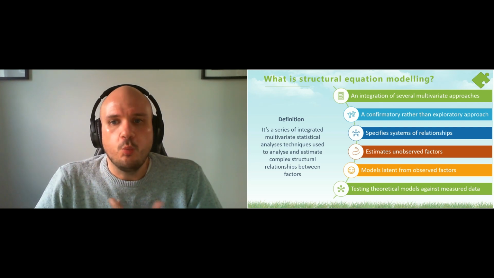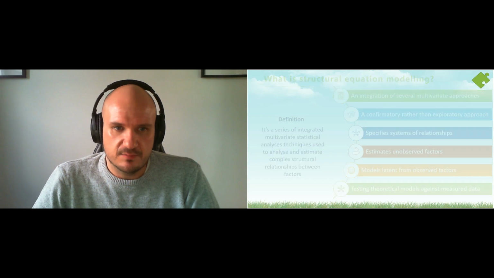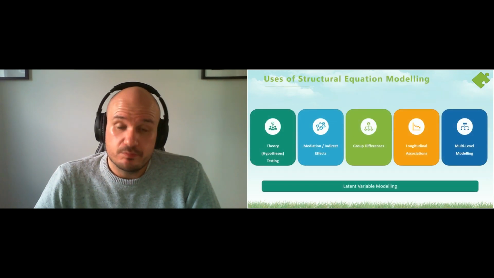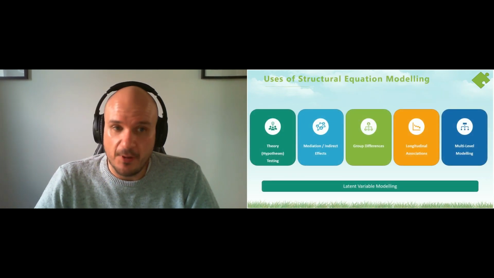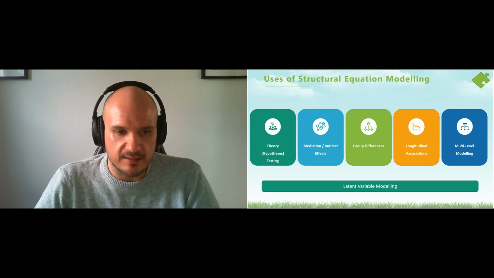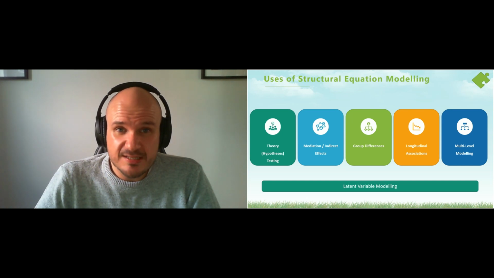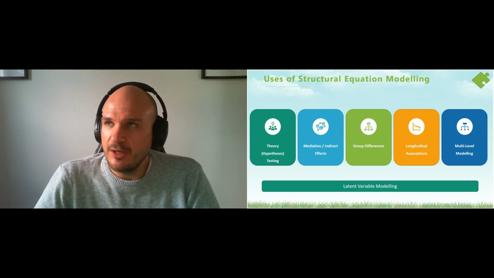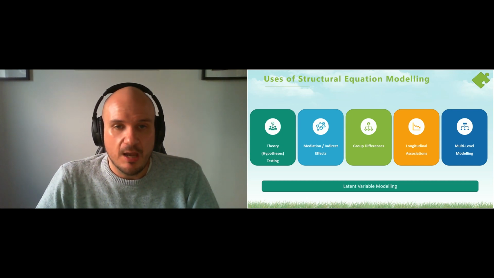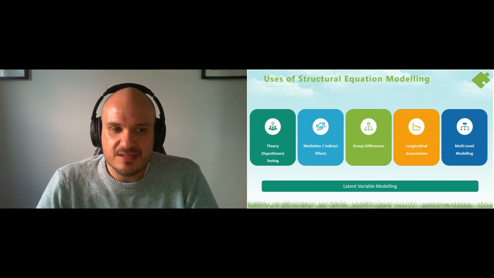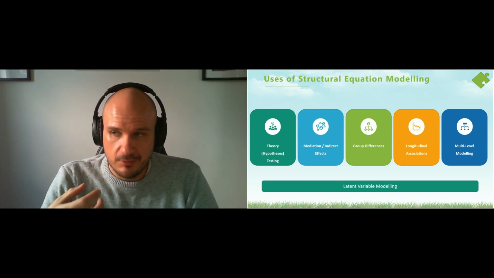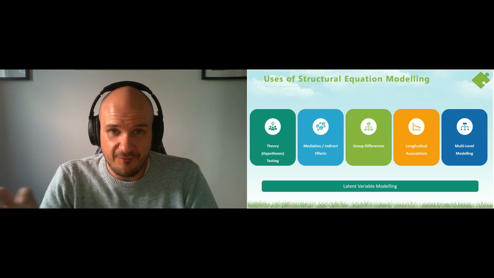Okay, so where do we utilize this? How can we utilize it? Primarily it's theory testing, right? So it's hypothesis testing over a theory, and we test our data against it. We can estimate mediation or indirect effects if we want to know how a factor translates. So we know that work role fit leads to happiness and happiness to performance. But we want to know how does work role fit indirectly affect